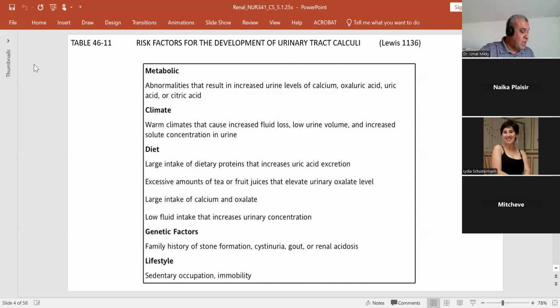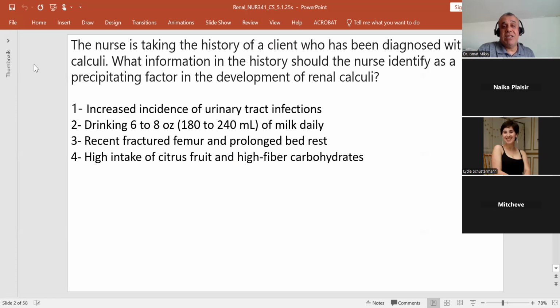So back to the question, the patient who had developed the stone was number 3, because immobility is a significant factor that may predispose patients, especially if their body tends to develop stones. They have a history of stone, right? Of calculi, renal calculi. So why would immobilization increase the tendency or